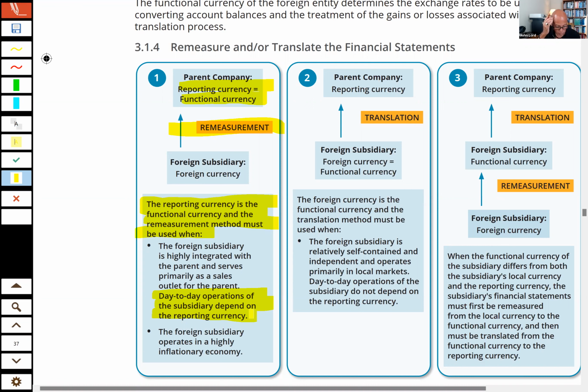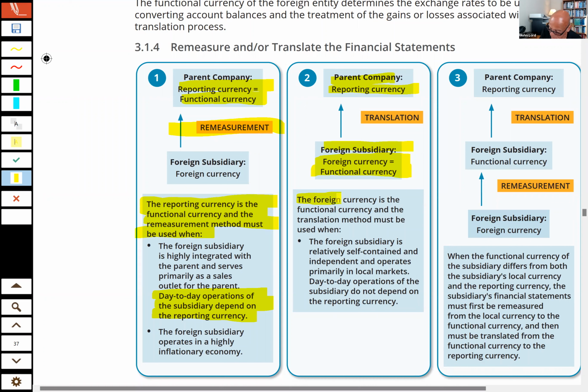Now you come over and you look at scenario 2. With scenario 2, we have the reporting currency, the parent company. And now for the foreign subsidiary, the foreign currency equals the functional currency. So now the pound is the functional currency, and the English company is doing most of its business in England. So what are they telling us? And again,